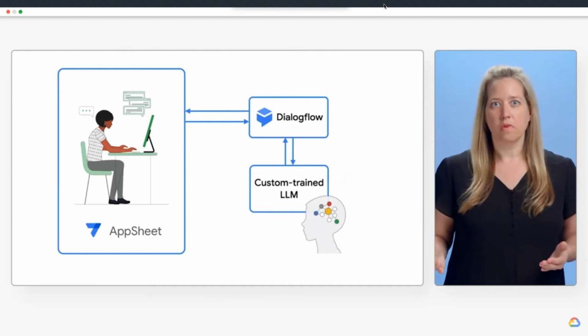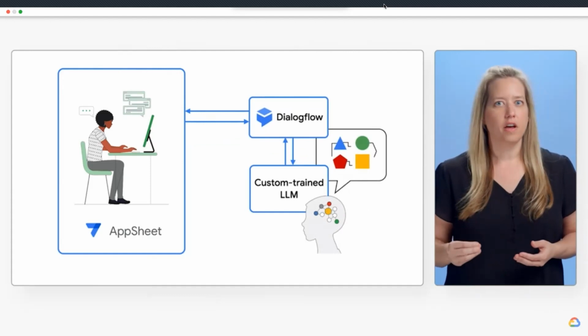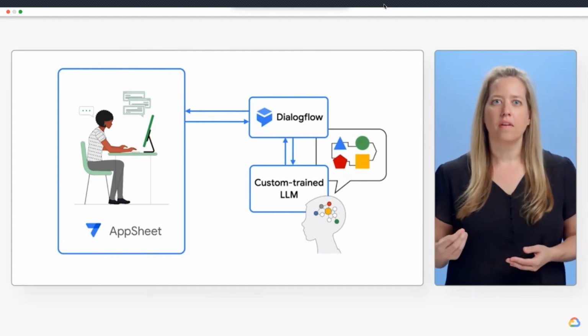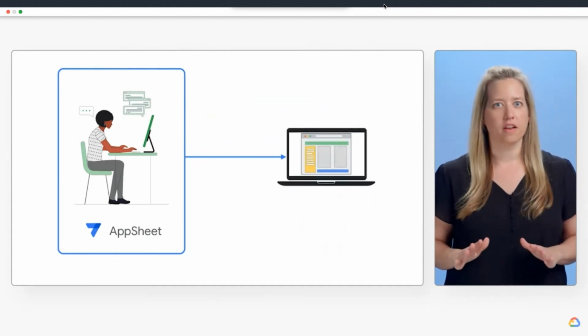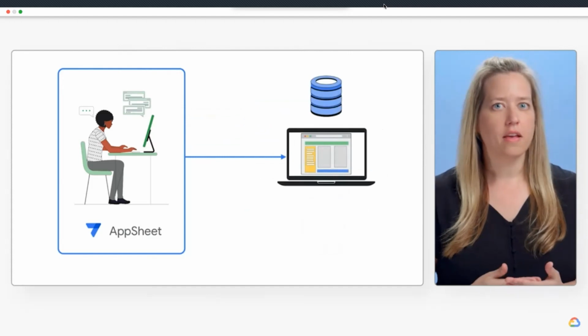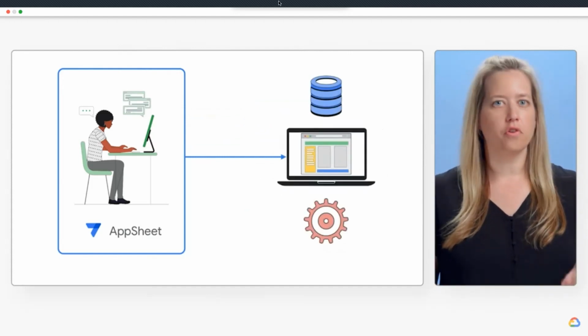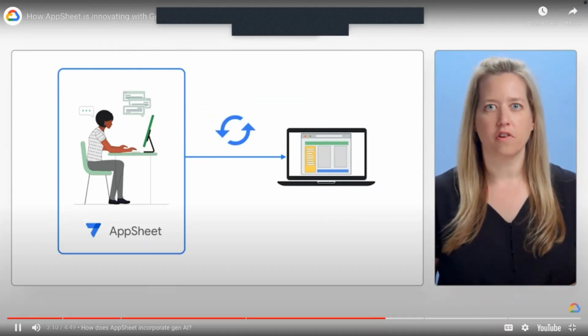After collecting the pertinent information with Dialogflow, AppSheet sends a request to the LLM to help with generating the data model and views needed for the app. Once the LLM responds with the correct schema, AppSheet takes all of the information collected and goes to work to create a starter app in just a matter of minutes. The delivered app includes the database, the app interface, and any configurations that were expressed through the interaction, for example, notification preferences. The user can then continue working with AppSheet to customize and iterate further on the app.